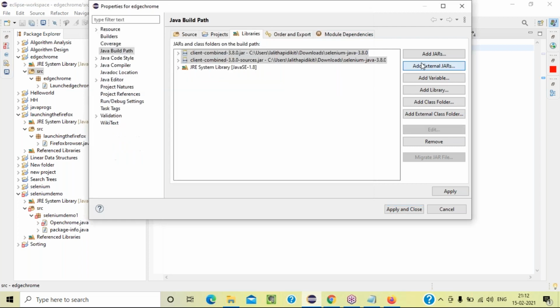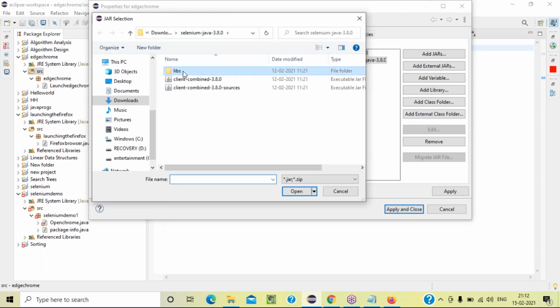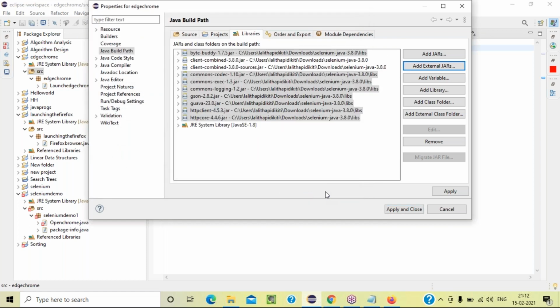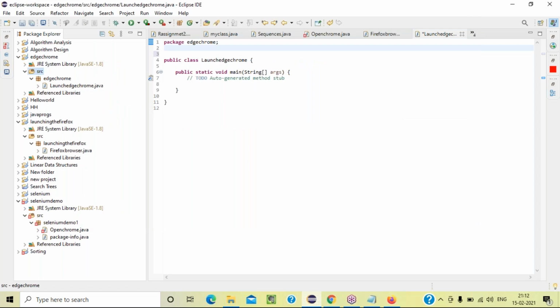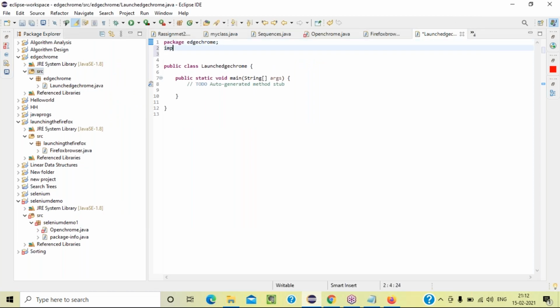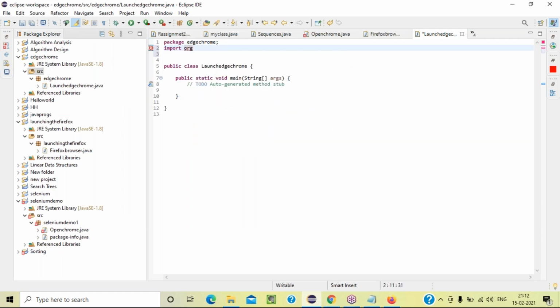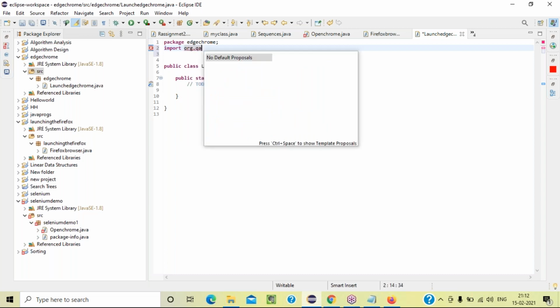Okay, open library, select all. Apply and close. Now write the same thing. Import org.openqa.selenium.WebDriver. That is common for everything.